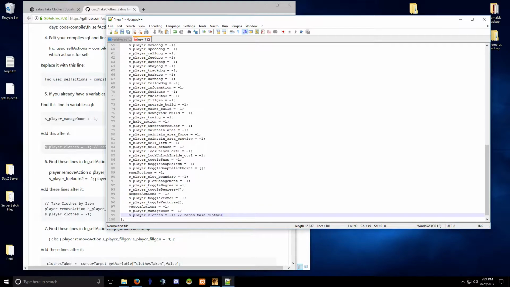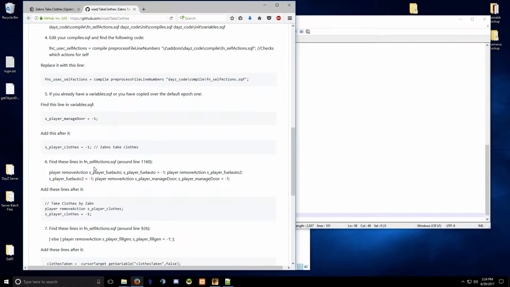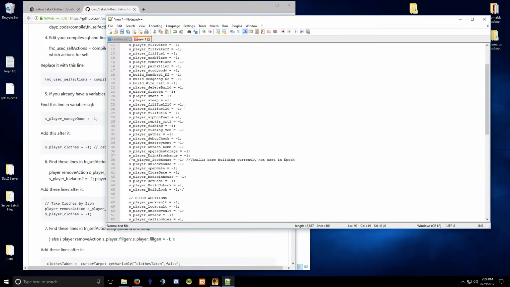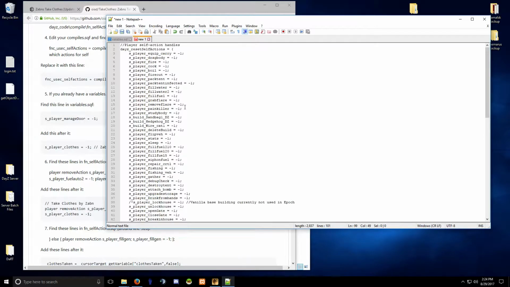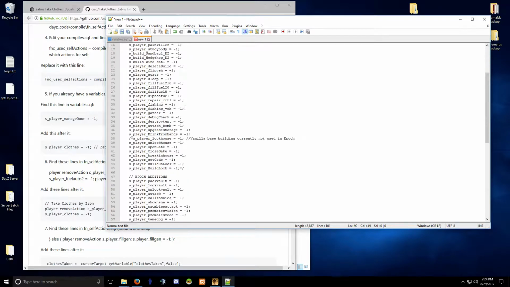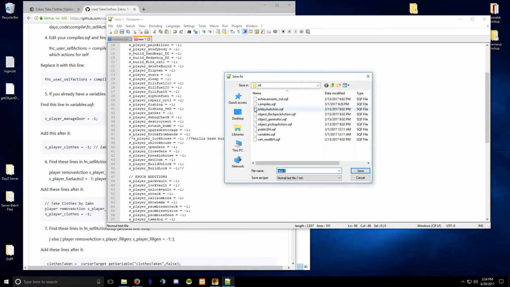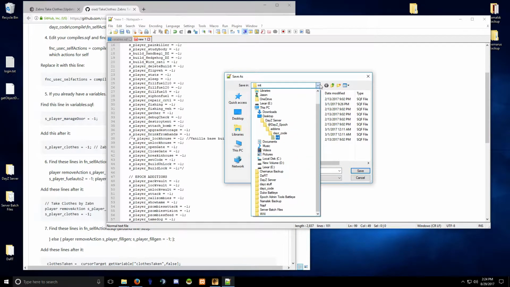Place that right there. Okay, so that's all you need to do for self actions for that particular add-on, for that particular script. Okay, so go into File, Save,